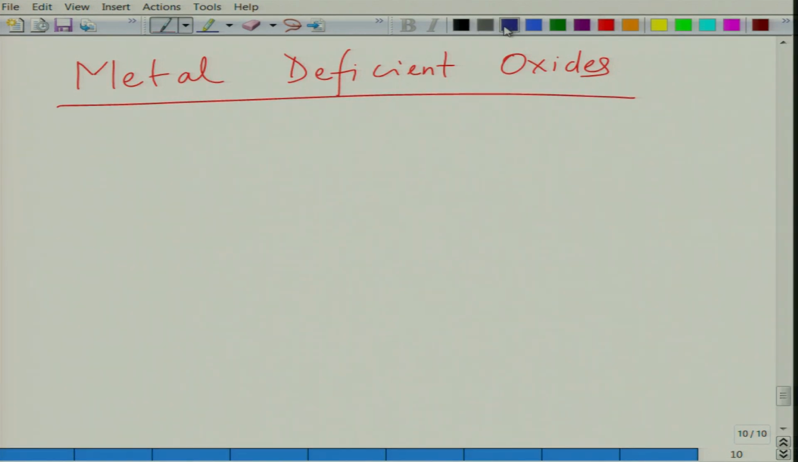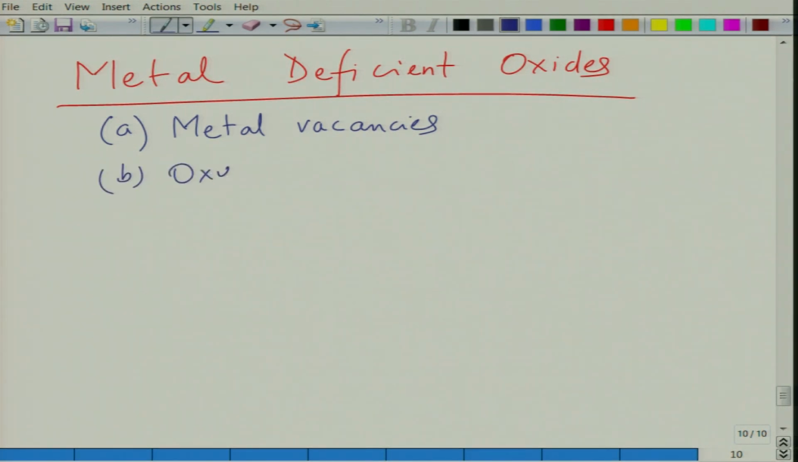Again, metal deficient oxides can be divided into 2 cases also. So, the first could be metal vacancies, and the second could be oxygen interstitials. Okay. So, again we will not go into similar details, but now I am sure you can write the